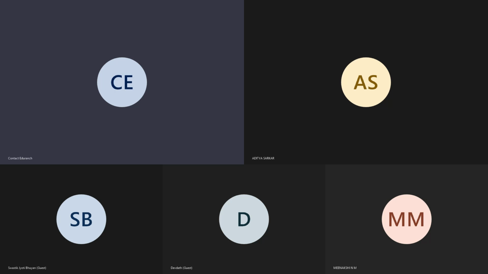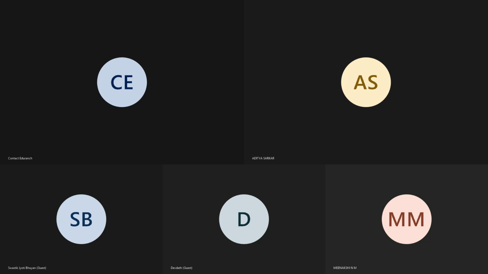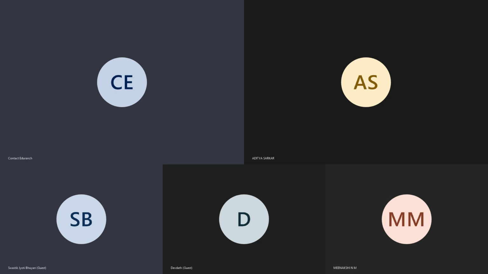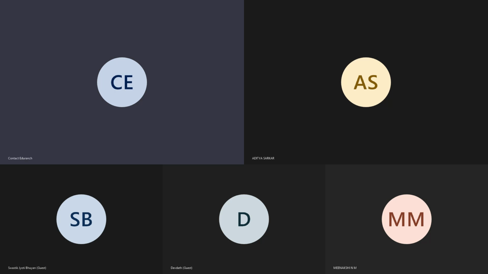Swastik, where are you? Share me your screen. Swastik? Yes, sir. Yeah, share your screen.